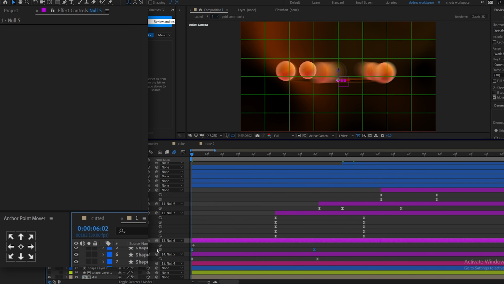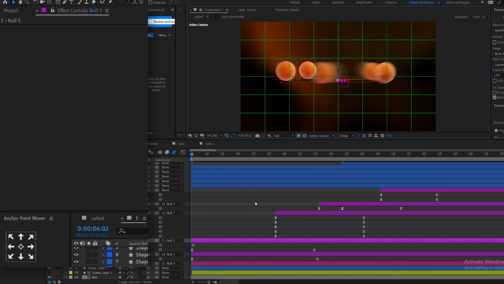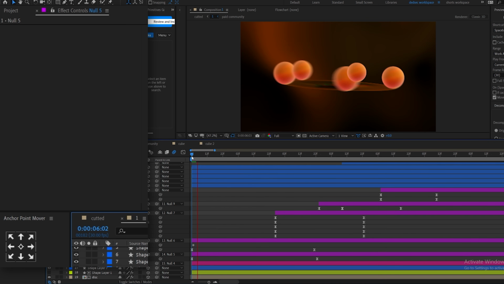And the Z rotation is for the rotation of the disc and the balls, right? So for this rotation, just make sure the null layer is in the center of the disc. If I go to custom view here, as you can see, the null layer is in complete center of the disc, because we want equal rotation on every side of the disc, right? So if I play this animation,